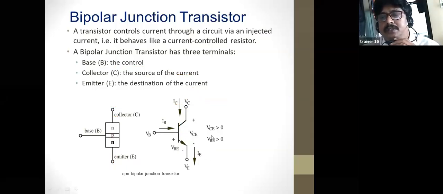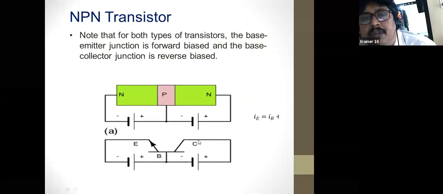The next, see here in this, it is clearly the voltage of collector emitter is greater than 0, and the voltage of the base emitter is greater than 0. So both the voltages are greater than 0. That means that is a supply voltage. I will show you that by connecting the terminals. The next, this is NPN transistor. If you see clearly in the NPN transistor,